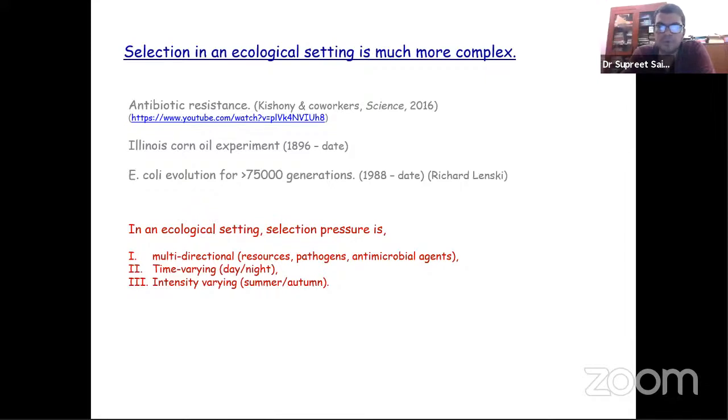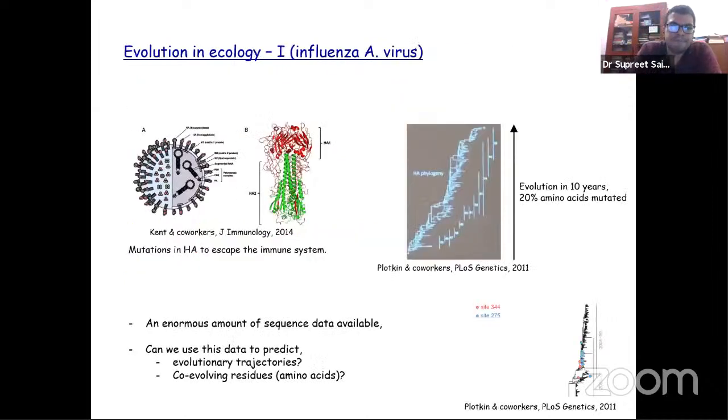So what might we do in an ecological setting to understand evolution? We can't control the environment, but what we have to do is try and understand what is happening in this ecological setting and infer what it tells us about the underlying evolutionary process which shaped it the way it did. I'll just take a couple of minutes to mention two examples.